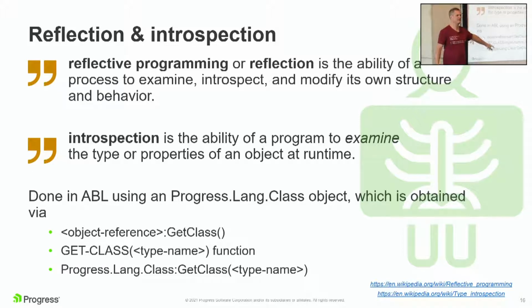It's in the 11.4 or 5-ish time frame, so old enough that it should be there in your code, right? And that's really nice because that lets you put an unquoted type name in. That means the compiler says, is there a class called FileWriter in PROPATH? And if there isn't, it gives you a compile error, not a runtime error. And finally, the one we saw here, Progress.Lang.Class:GetClass, where we take a stringed version, right?